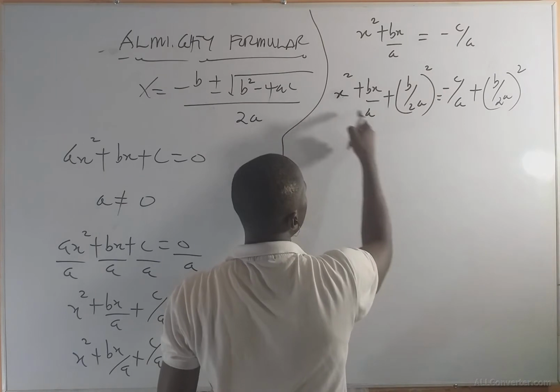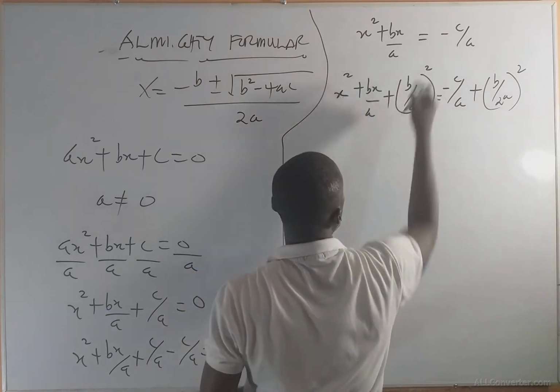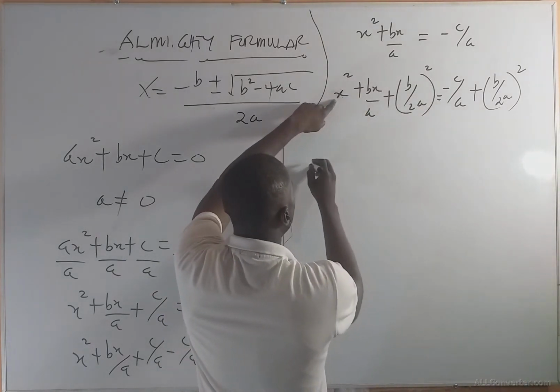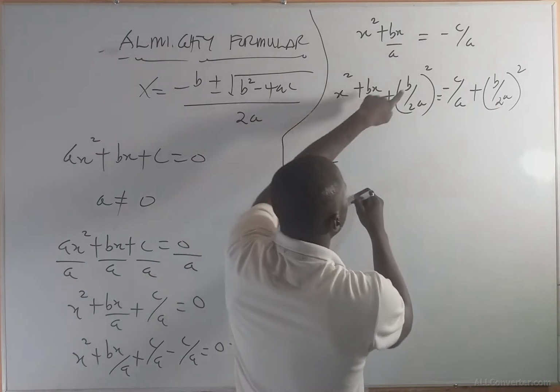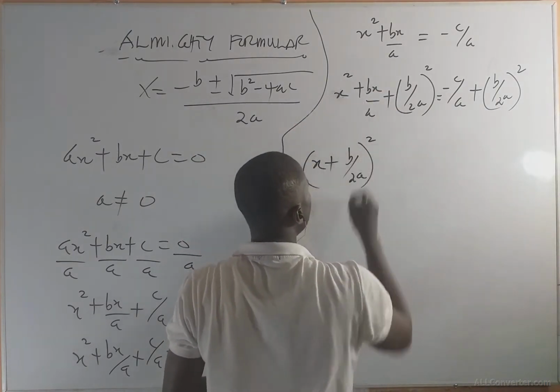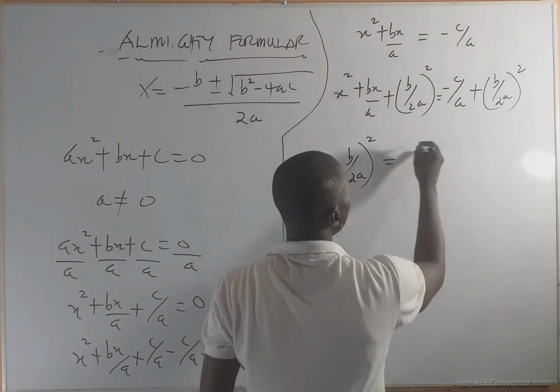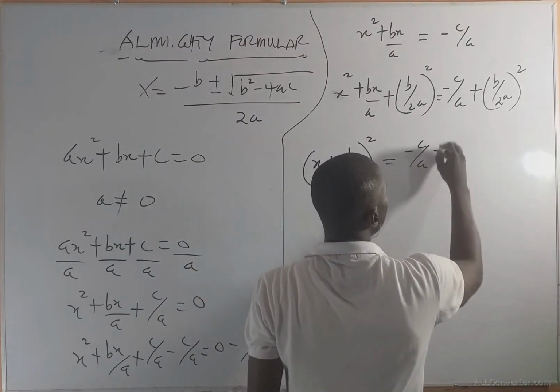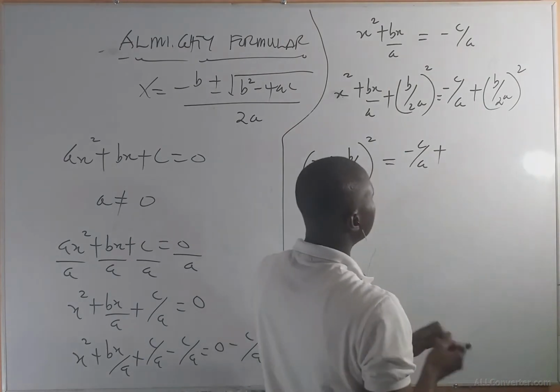So we have x squared here. Then we have b over 2a also squared here. So we look at the squares. Now, we have x plus, in the bracket, b over 2a. They are all squared, so we square it. And this is equal to minus c over a plus, according to indices, the 2